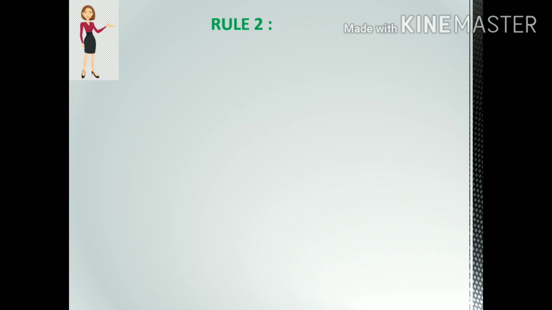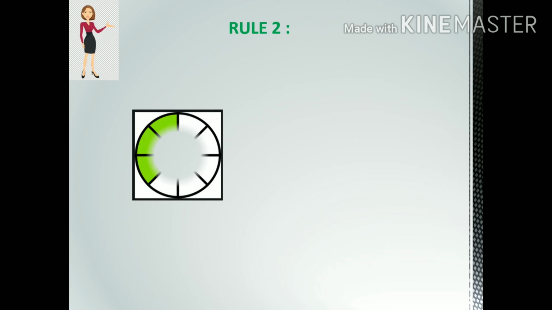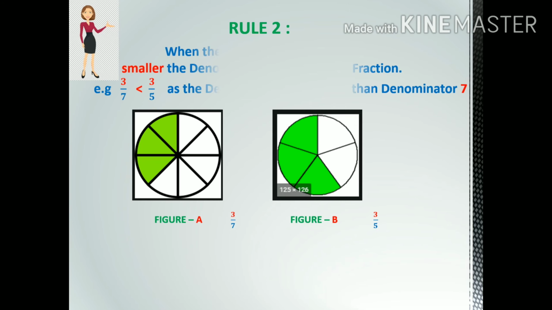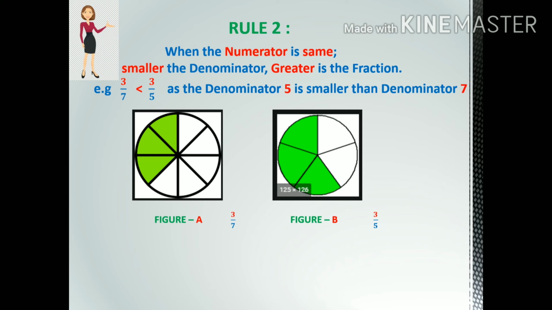Rule number 2 for the comparison of fractions. Figure A shows the fraction 3 upon 7 and figure B shows the fraction 3 upon 5. When the numerator is the same, the smaller the denominator, the greater is the fraction. For example, in the following figures, fraction 3 upon 7 is less than fraction 3 upon 5, as the denominator 5 is smaller than the denominator 7,